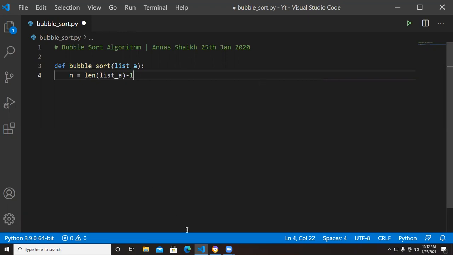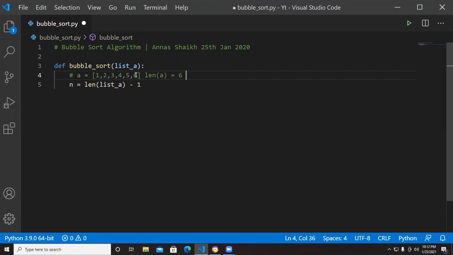minus 1. So why did I do minus 1? Because the length is a function which returns the total number of elements in an array. But if you go to the final index of a list, it's usually the total number of elements minus 1. So what I'm trying to say is this: if I have a list, 1, 2, 3, 4, 5, 6, the length of A would return me 6 because I have 6 elements.